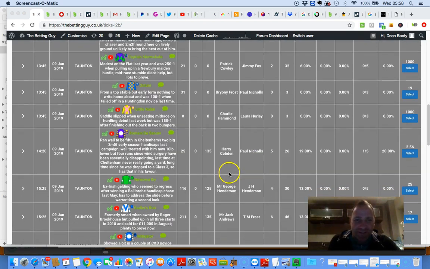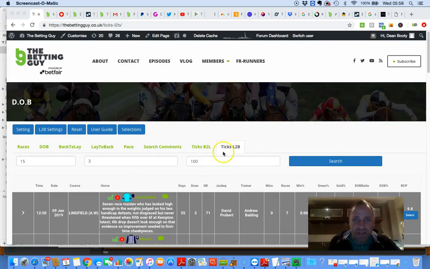He's nuts. Right, so what we've done here is a lay to back tick page. Very simple. So we're searching for horses that haven't decreased in price by more than 15 ticks. So a tick is like 3, 2.98, 2.96, 2.94, 2.92. So there's 5 ticks there. Every price decrease is a tick. Every price increase is a tick. So what we're looking for is horses that haven't decreased by more than 15 ticks in the last 3 runs